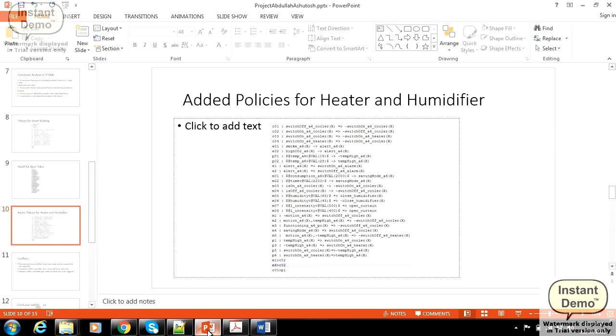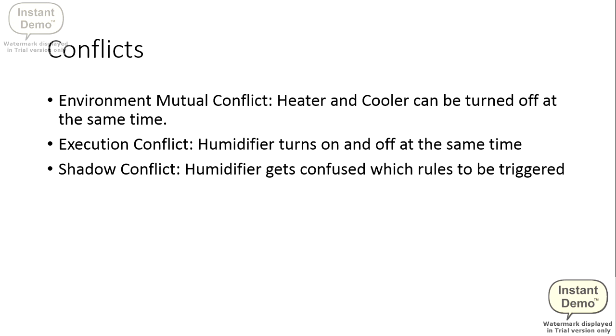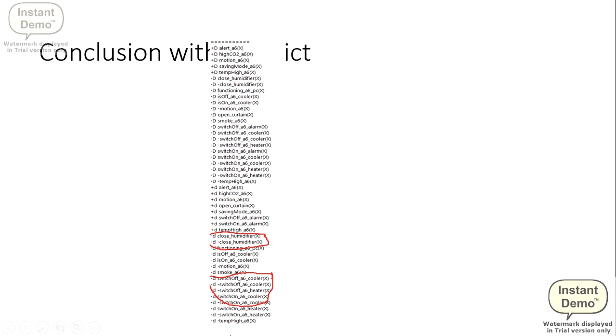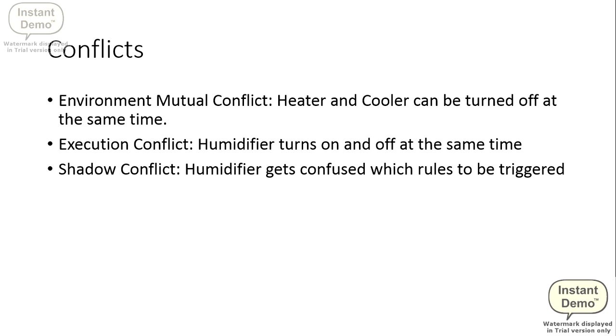So what we did over there, we ran it, and what we found is that humidifier is closing, humidifier is not closing. That is not defeasibly provable. That means it's not true. Both are not true. That means it's closing and opening. And the same thing happened with the cooler and heater. The heater is on, the cooler is on, the heater is off, the cooler is off. Everything is provable here. So this is a conflicting situation. So that is the main contribution of our work.